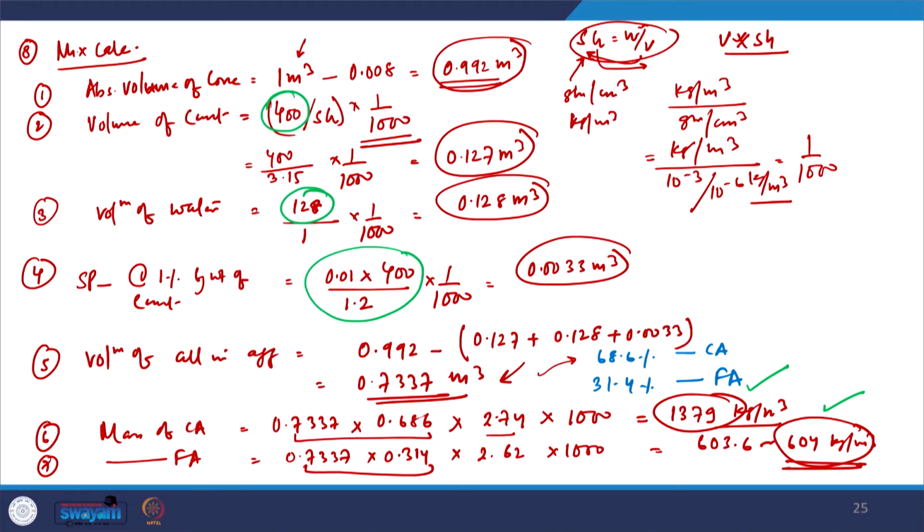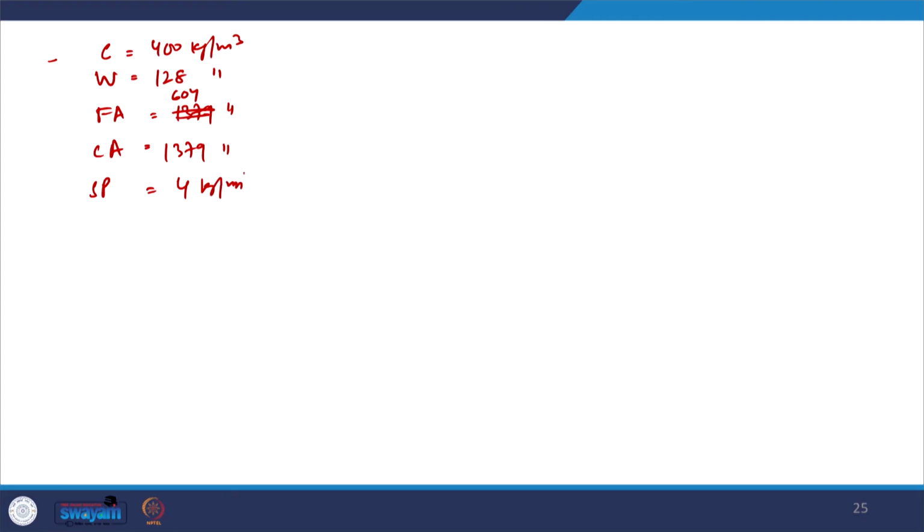So, remember these proportions, let me just erase this and write down the proportions on a fresh page. So, finally, the proportions are: cement is equal to 400 kgs per meter cube, water is equal to 128 kgs per meter cube, fine aggregate is equal to 604 kgs per meter cube, coarse aggregate is 1379 kgs per meter cube, superplasticizer is 4 kgs per meter cube, and